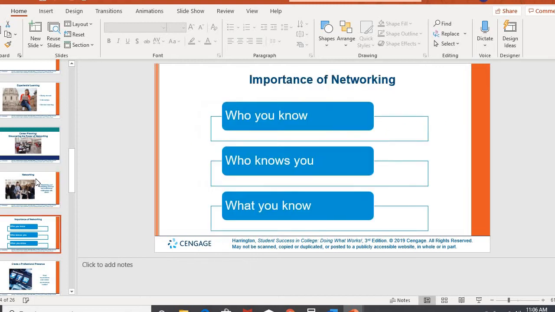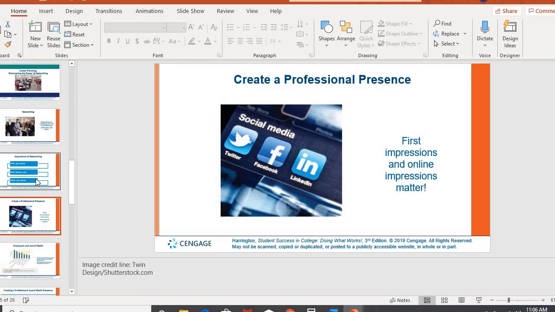So knowing the power of networking, who you know, what you know, and who knows you, all goes into that networking. Remember, networking and social networking are not always the same. They can overlap. Networking is often, again, who you've met at school or in a workplace situation or through a conference or a social club. And then there is social networking as well, which can be used for those purposes.